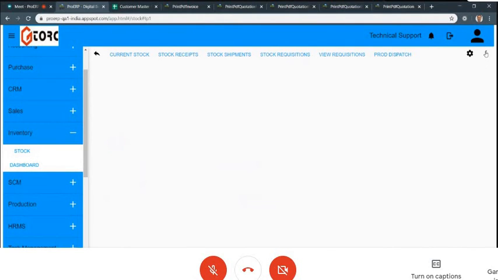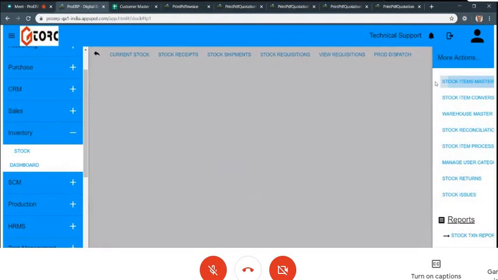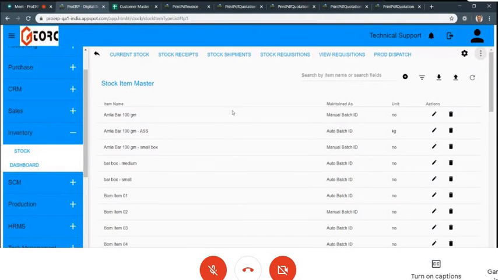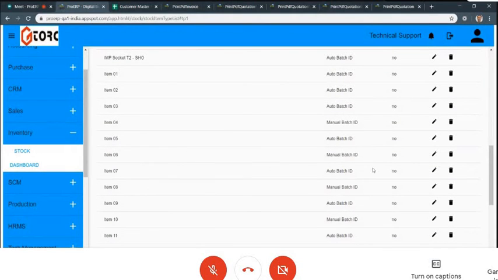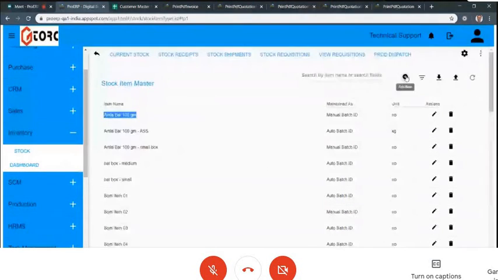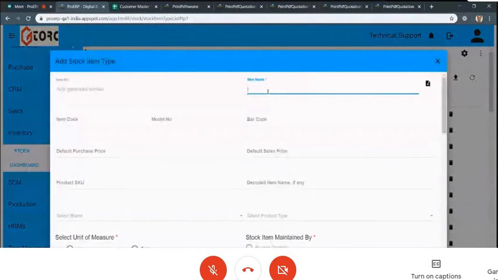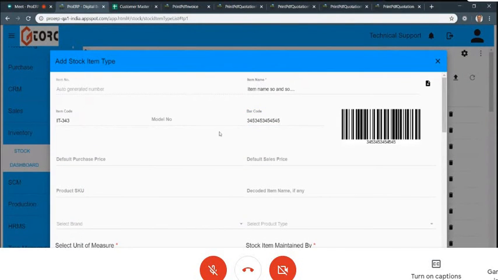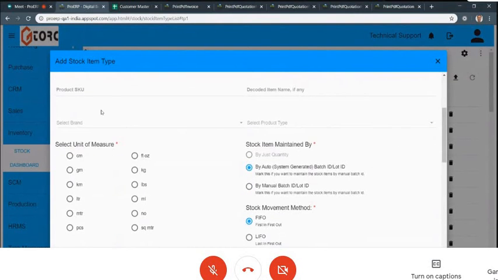So in inventory, we have the item master here, and you can create as many as you want, one by one. To create an item, I put the item name here. An auto-generated number is there, but I can have an item code generated for it. If required, you can have a barcode system enabled here. What is the barcode of this item? What is my purchase price? What is my selling price? If applicable, these are all optional. Here only the name is compulsory right now. The star mark is there. Everything else is optional.